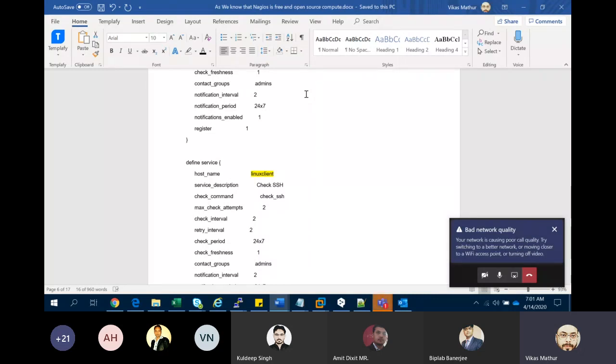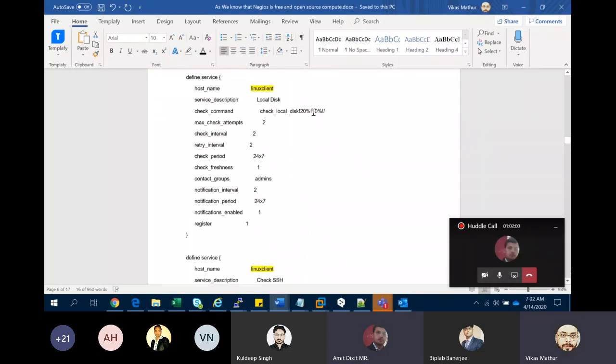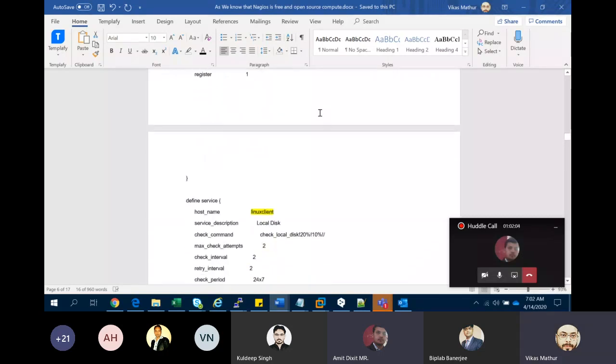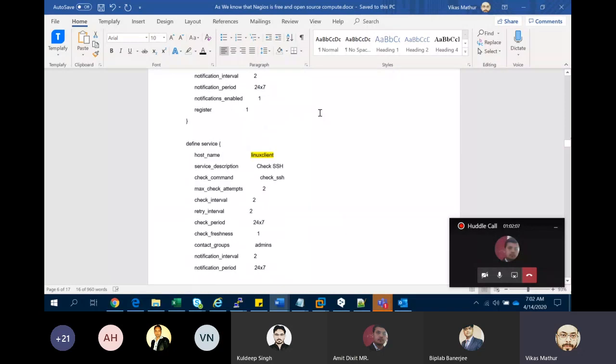You don't need any of these steps. If you have 100 virtual machines, you need 100 configurations, in layman's language. One more thing: these are the check interval 2 and retry interval 2. Is it in seconds or minutes? Which one, this one? Yes, check interval 2, retry interval 2. Seconds.